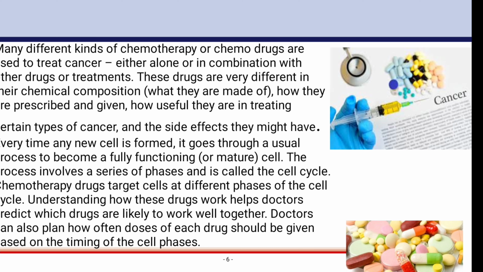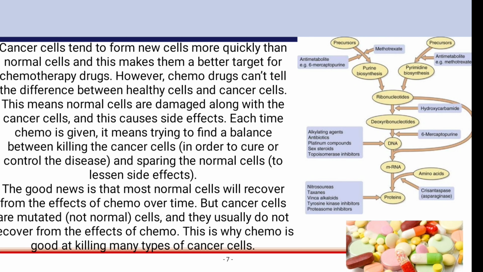Every time a new cell is formed, it goes through a usual process to become a fully functioning cell. The process involves a series of phases called the cell cycle. Chemotherapy drugs target cells at different phases of the cell cycle. Understanding how these drugs work helps doctors predict which drugs are likely to work well together. Doctors can also plan how often doses of each drug should be given based on the timing of cell phases. Cancer cells tend to form new cells more quickly than normal cells, and this makes them a better